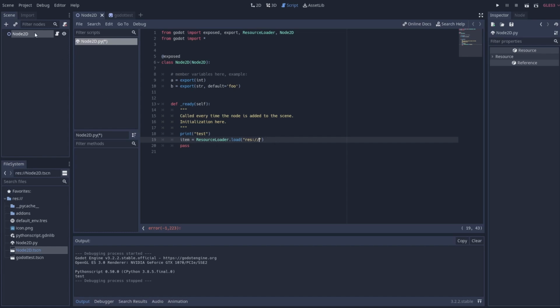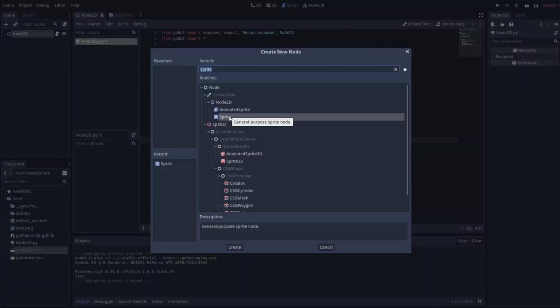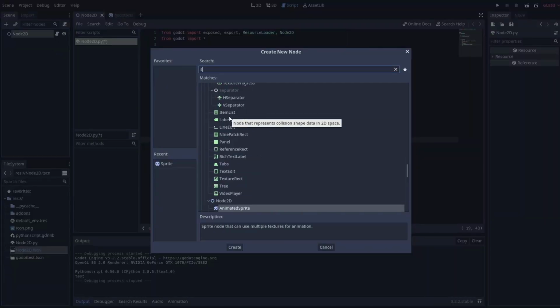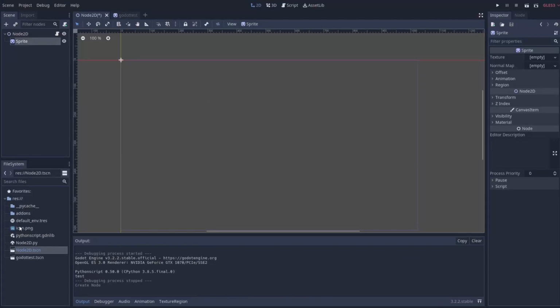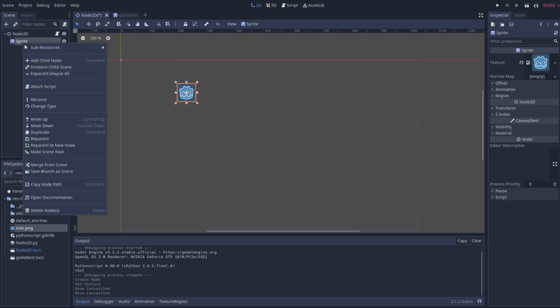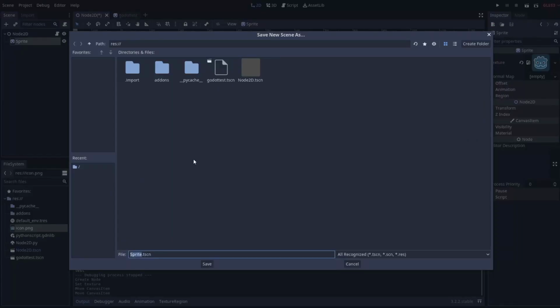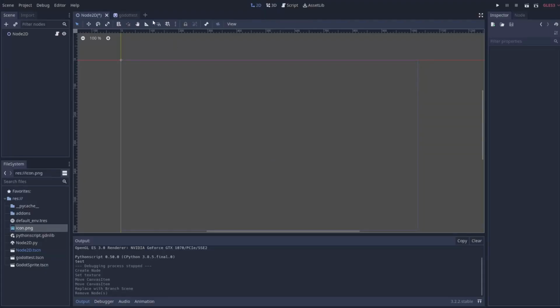So first we have to create that scene. Let's go ahead and right click here and add in a child node, and let's add in a sprite. And we will drag our Godot icon in here, and we'll just position it somewhere. Then we will right click, save branch as scene, and let's just call it Godot sprite. I'm just going to copy that, save, and then let's delete our sprite here